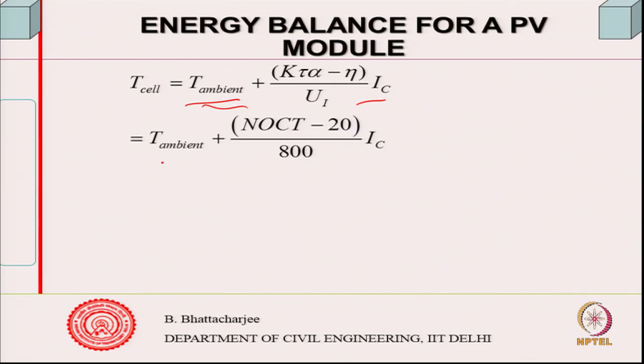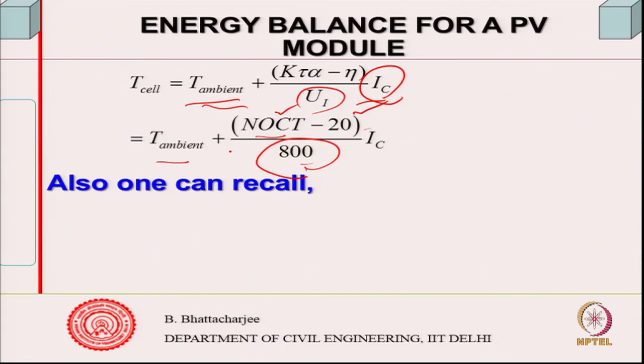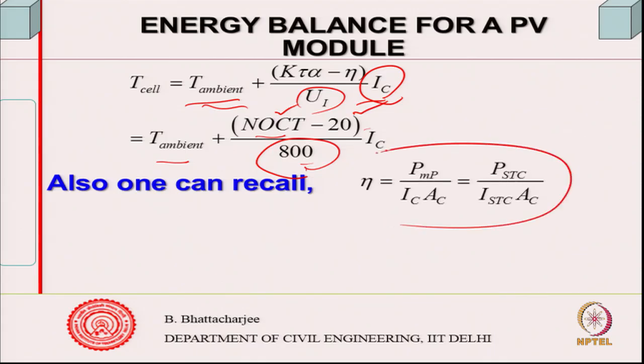So, also this NOCT 20 800 is known to me, because this is a laboratory state where I have measured everything, and 20 degree I have kept, 800 is the incident radiation I have. So, this is for the given radiation that I will have in actual condition, and actual efficiency inside that I can find out, or so UI is the U value of the whole thing. So, that is how I can find out, right. So, T cell I can find out provided I know. Also efficiency was this,